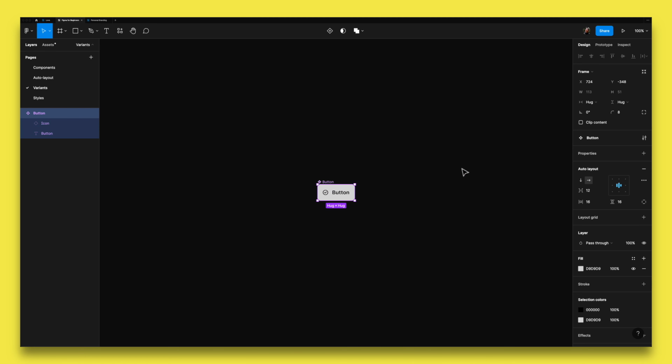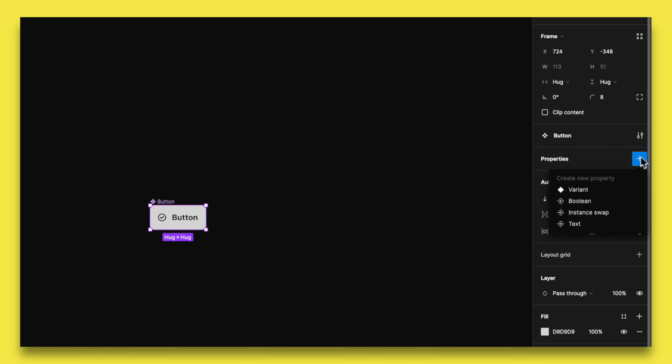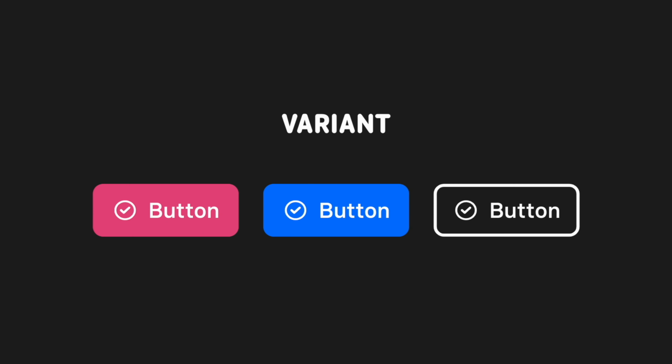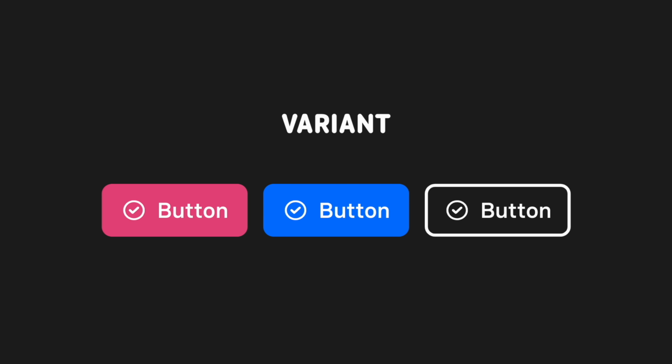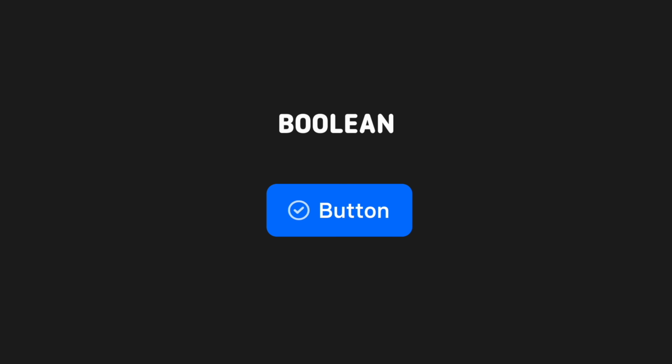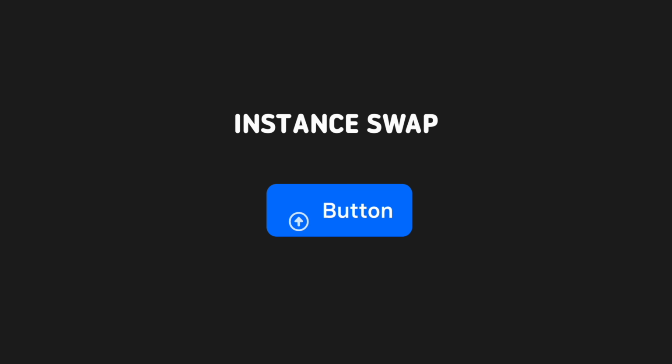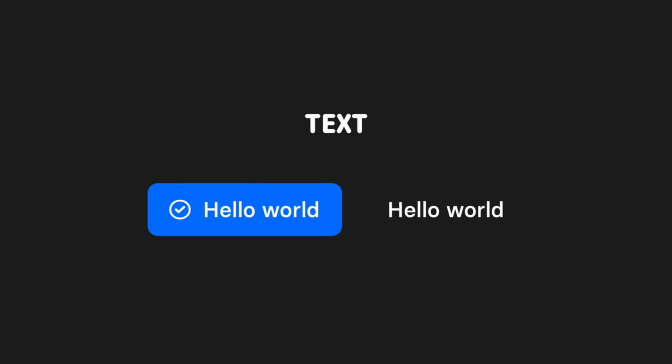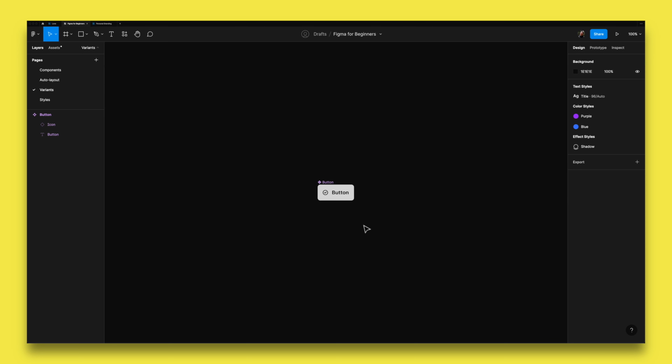Let's start with checking this properties section and all the options it offers. Variants allow you to group similar components into a single container, like this button. It can be negative, primary, outline, and so on. Boolean is true or false. In simple terms, you hide or show an element and you hook it to a layer property. If you have a nested component, then you can hook an instance swap, and as a result you get a drop-down with other components on your right panel. Text is literally an input field on your right panel where you can write text, and it updates a text layer in your design. Learning by doing is the best way to learn, so we're gonna actually try all these